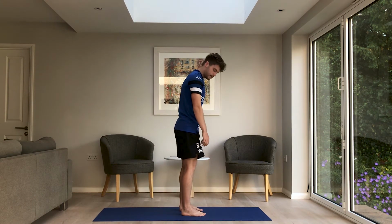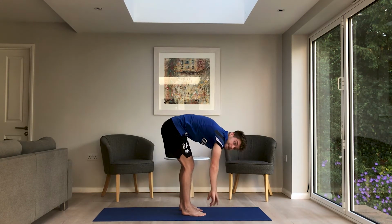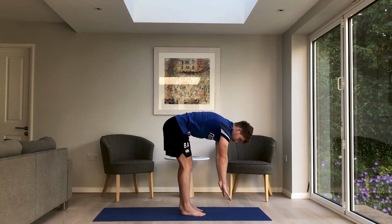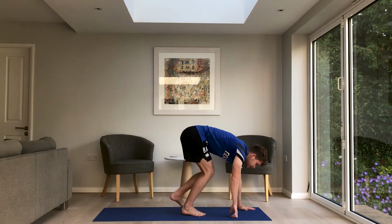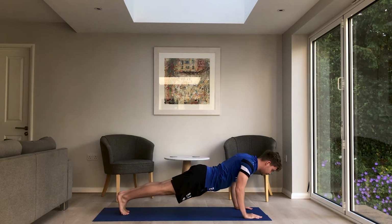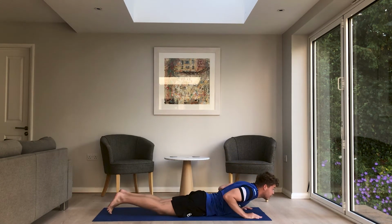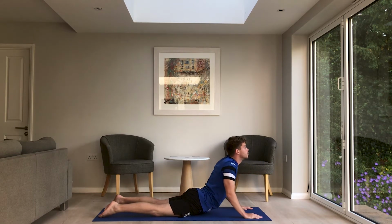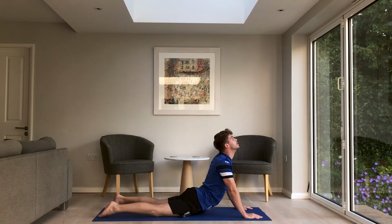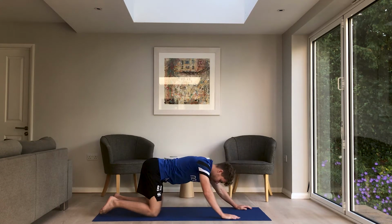Let's now exhale into forward fold. We're going into the flow section now. Inhale to flat back, exhale, step out to plank. Inhale here, and then exhale or lower to chaturanga. You have a choice. You can either inhale to cobra, go all the way down, or upward dog. So enjoy being that snake sunbathing in the sun for a moment, and then exhaling back into child's pose,